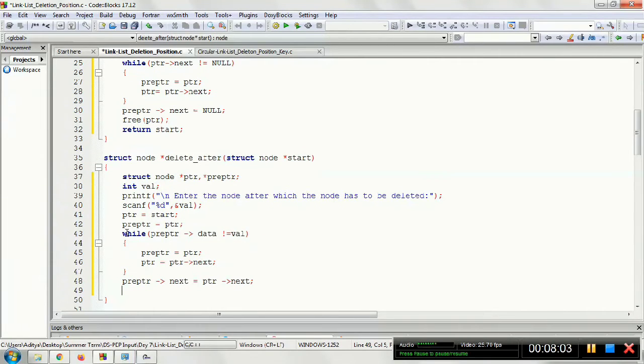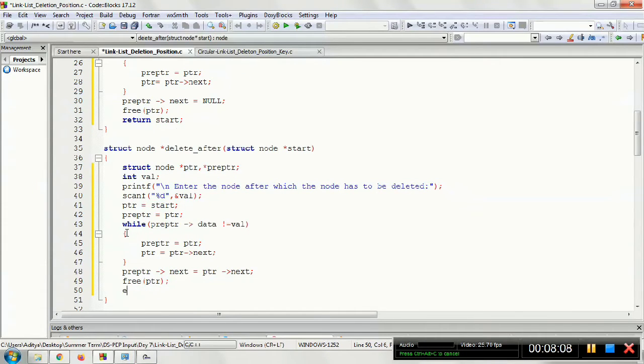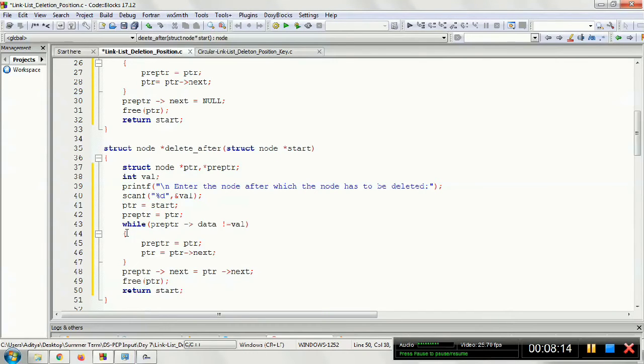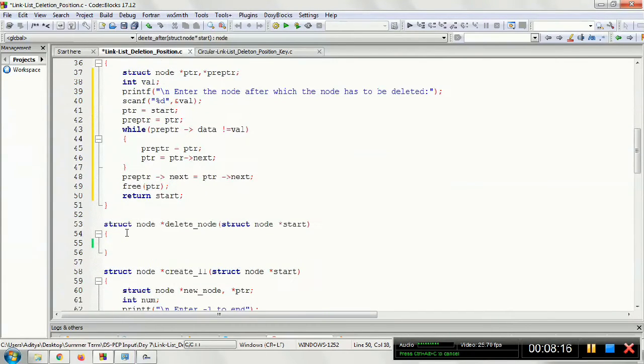Okay, and after that you can delete PTR without any problem. So this is the case. In such a case you can delete after a given node.